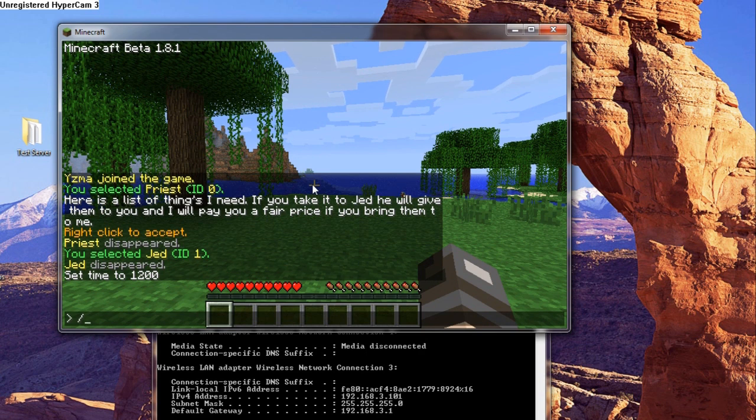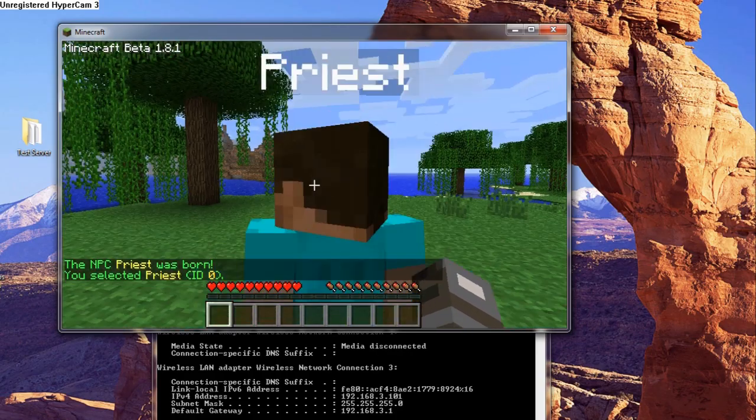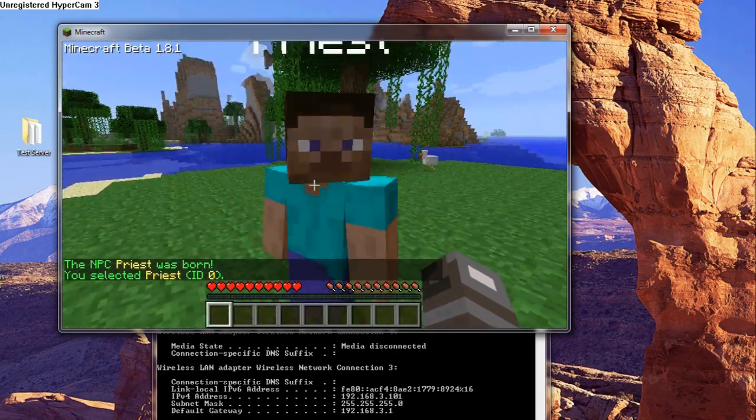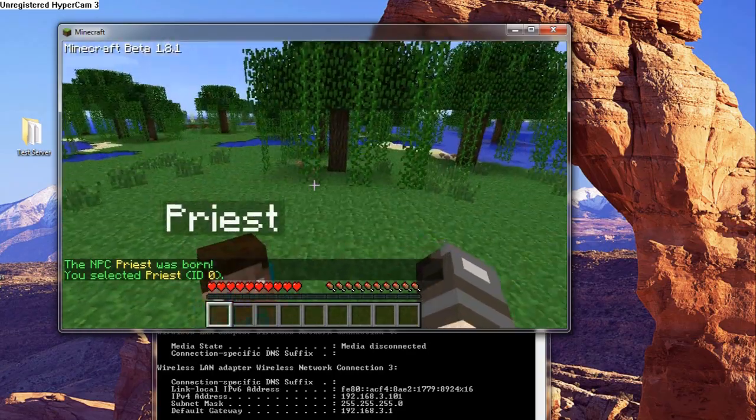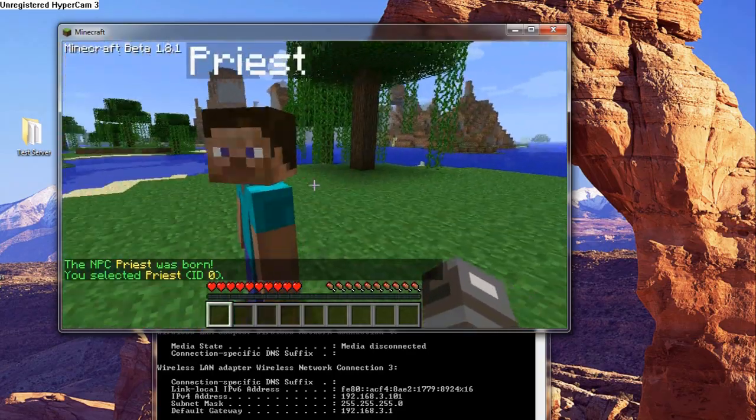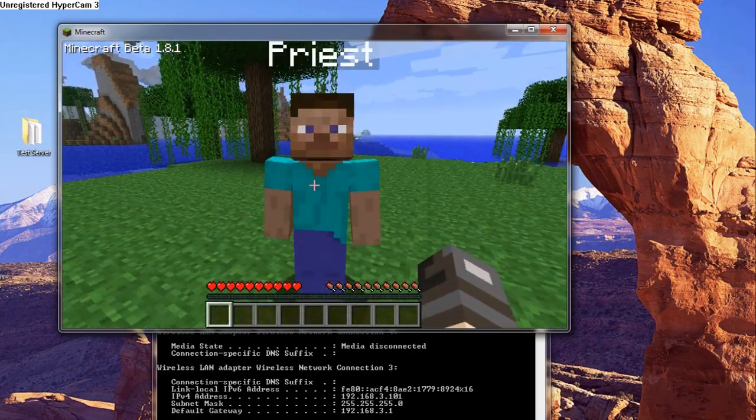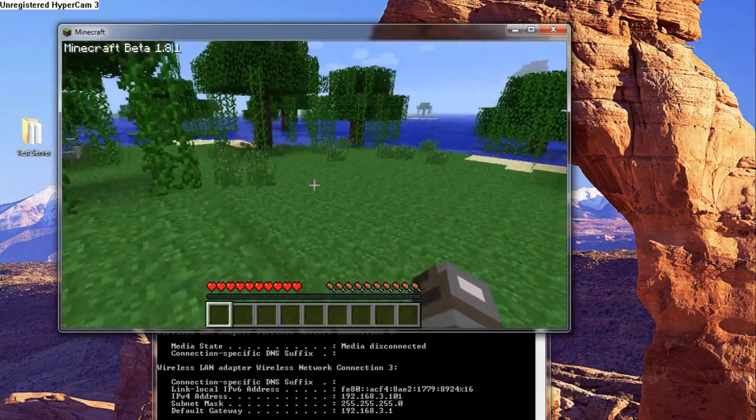And we're going to go and create our first NPC, the priest. So NPC create, and we'll just title him. So the first part, NPC, it's just saying that's the set of commands we're using. Create, we want to create an NPC. And then this part here is just the NPC's name. So this is going to be priest. There we go. And as you can see, he has an ID of 0. So just like in our little YML file there, where the quest giver has an ID of 0.